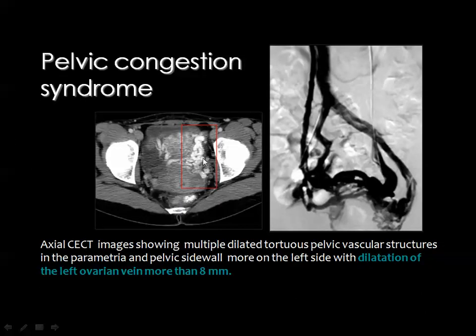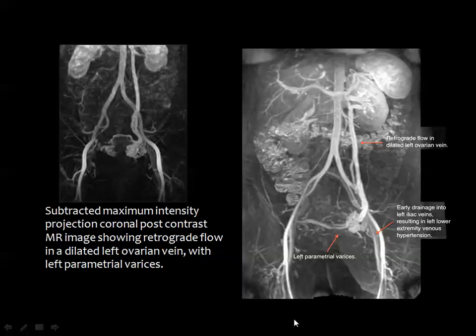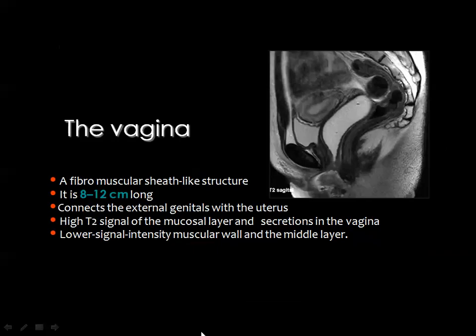Then this is pelvic congestion syndrome with dilated tortuous veins by contrast enhanced CT, and this is by the retrograde venogram. This is by MRI, coronal post-contrast MR image showing the retrograde flow in the left ovarian vein with dilated collaterals in the pelvis. Then we came to the last issue, which is the vagina, and this is a fibromuscular